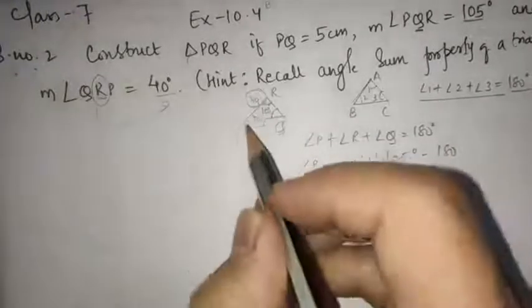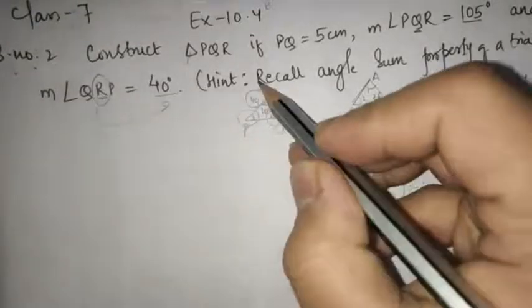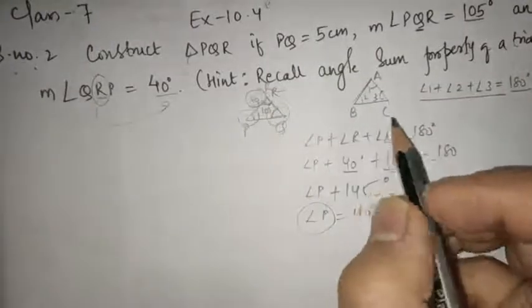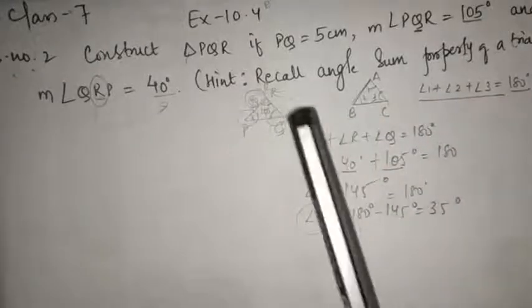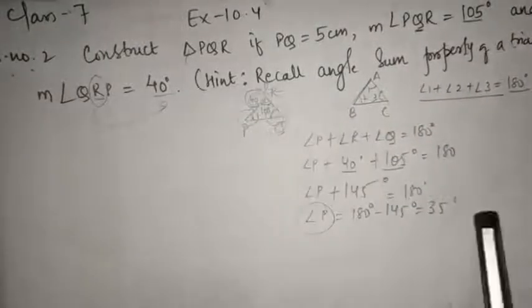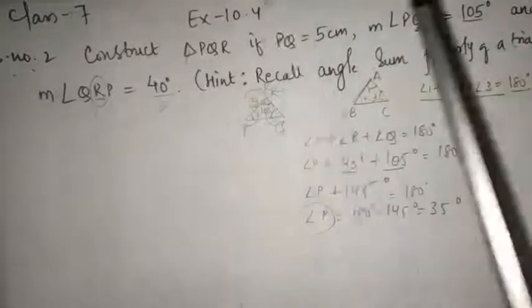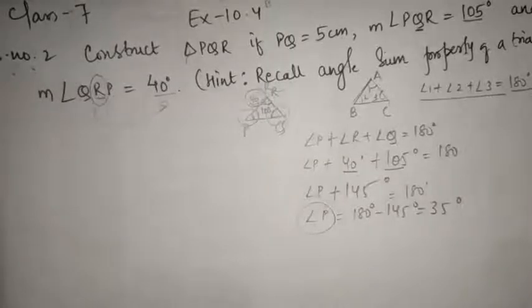Now we can make here 35 degree, we can make 105 degree. Join these two points, you'll get R. No need of this 40 degree, but to solve this, we will take the help of 40 degree here. To get the value of P, it was very important. Otherwise, if you only have one angle, then it was impossible to make a triangle here.